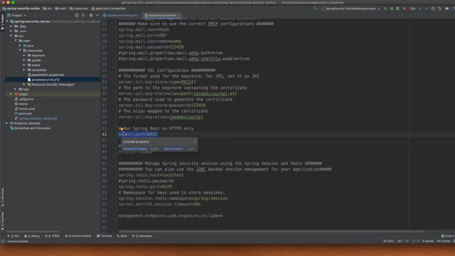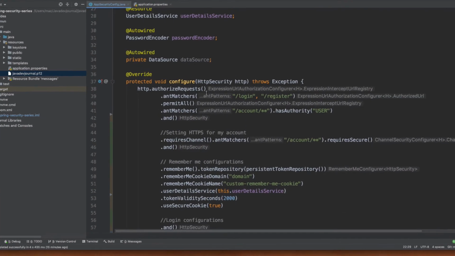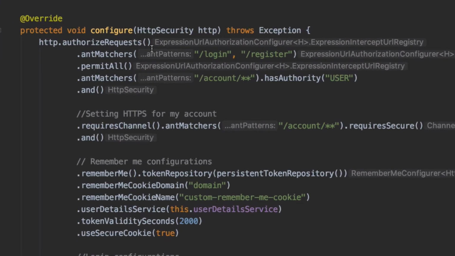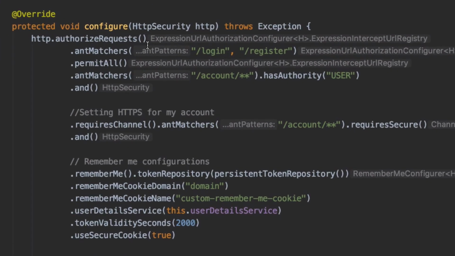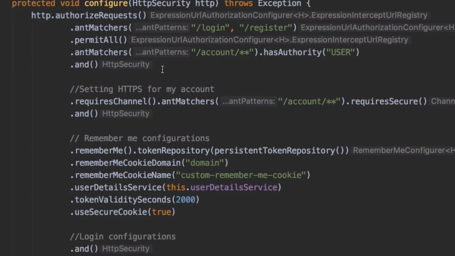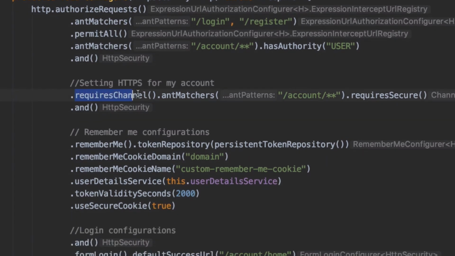The next thing we are going to do is use our configuration file to tell Spring Security when to use the HTTPS channel and when to use the HTTP channel. For that you will be using requiresChannel, and what I am saying is: if the pattern matches account and then there can be anything, the required channel will be HTTPS.